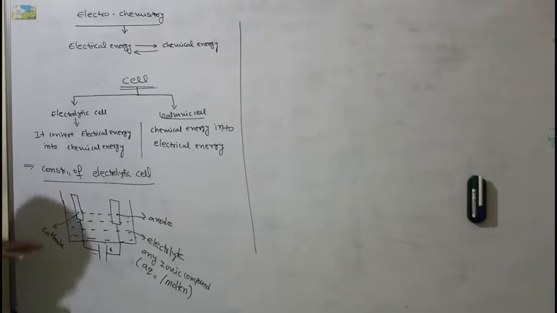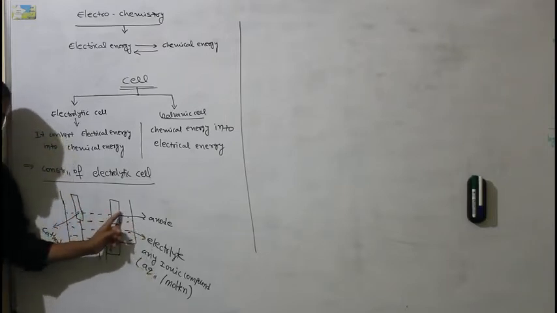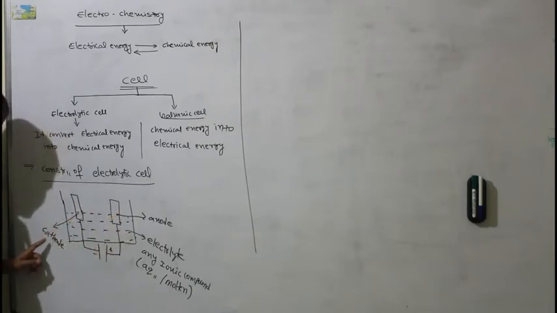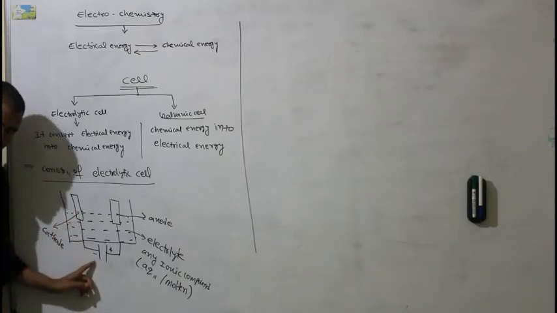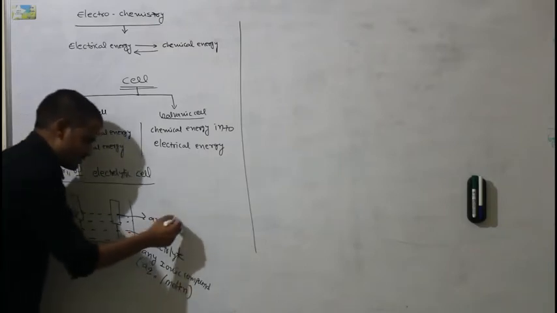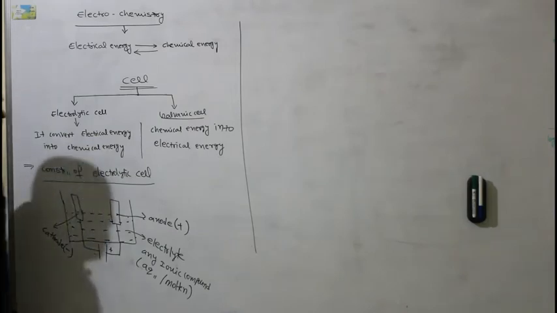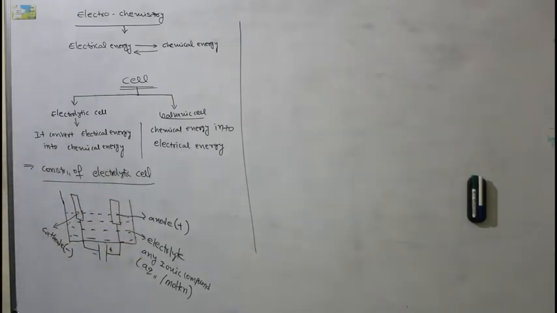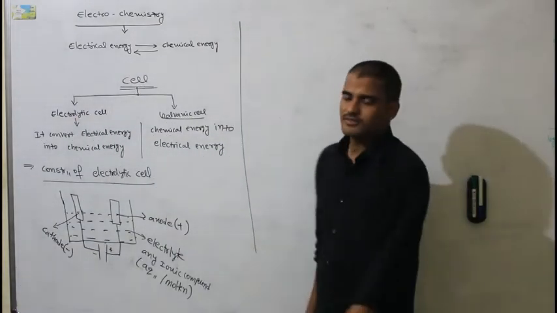Okay, so once again, simply: in the electrolytic tank, we have two metal rods called electrodes, the cathode electrode and the anode electrode. The cathode electrode is connected to the negative pole of the battery, so the cathode charge will be negative and the anode charge will be positive. At these electrodes, different reactions will happen.